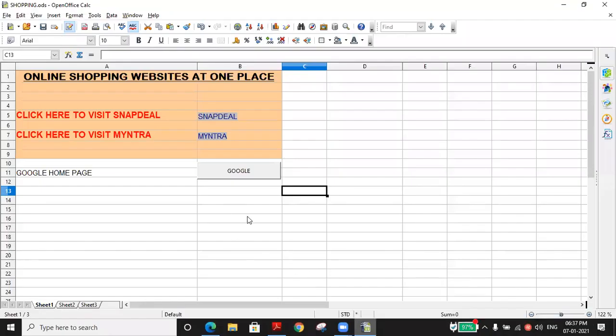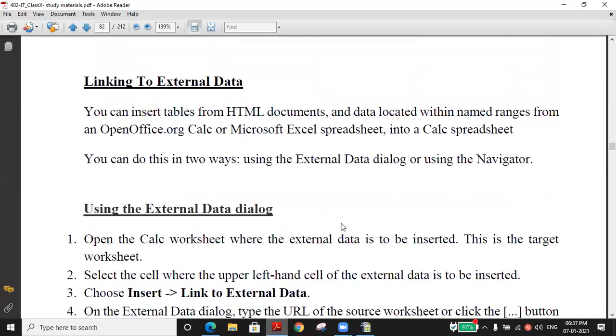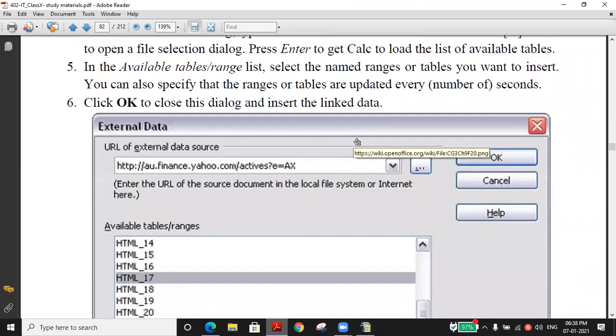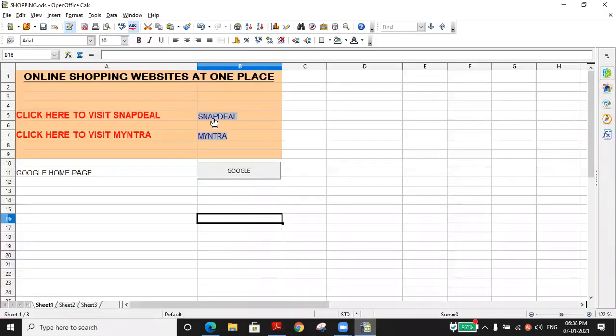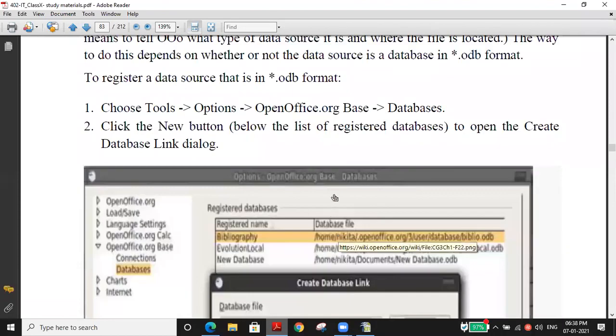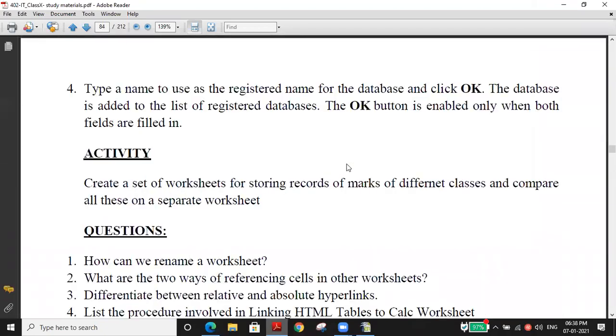So this is what we have seen, how to create a button, everything, and let me come to the content. This is what we are discussing: external links, how to take to other web pages or other files. We have also seen that instead of clicking to the external data, we can easily use the same hyperlink. In a hyperlink itself, we can link to the external data. We can do it in a very easy way. If you want to open a database also, we can open it. First you learn the database, then I will teach this. Likewise, we can create the hyperlink very easily. So I hope you understand how to create it.